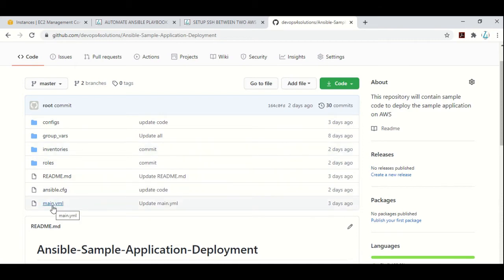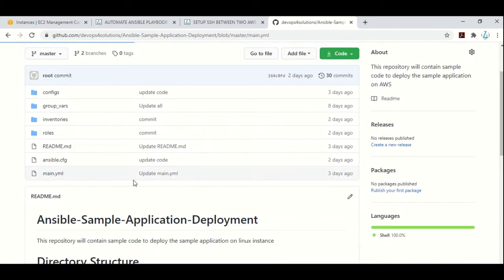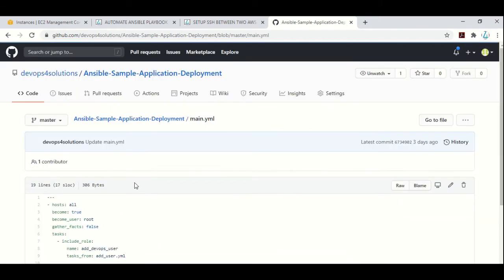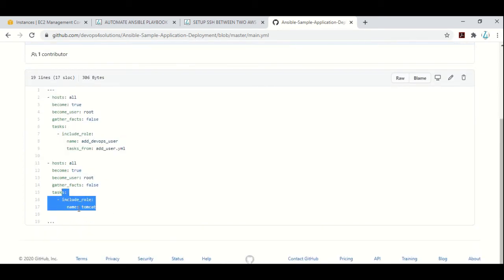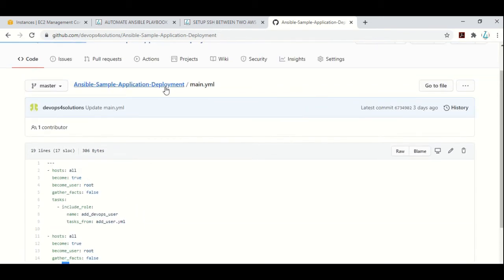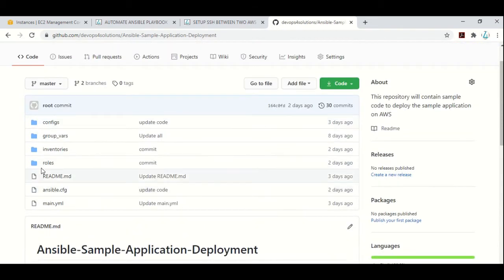So you would have a main.yaml file that contains the code to call any roles. Here you provide your host, and this is the task, whatever roles you want to run. Right now I'm just using one role for Tomcat. You could have multiple roles in this file. You could put conditions like this role needs to be called only when something is defined. You can put a lot of conditions according to your project needs, but this is the basic structure. And there would be a roles folder where you will actually be writing your playbooks, that is the actual logic of the particular code. And these are the inventory files.